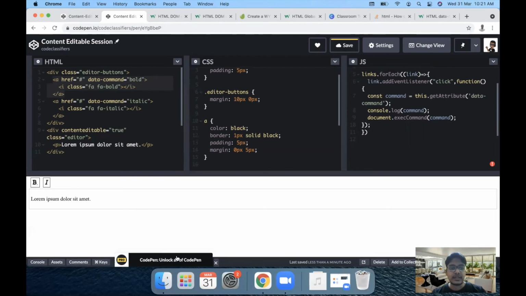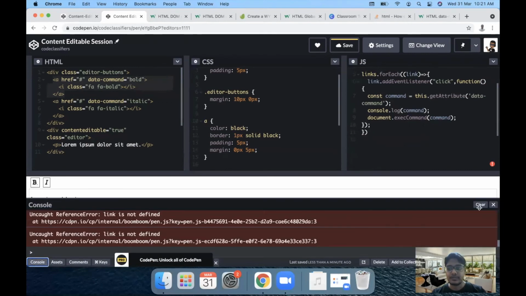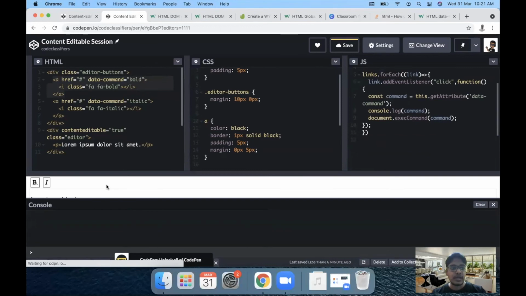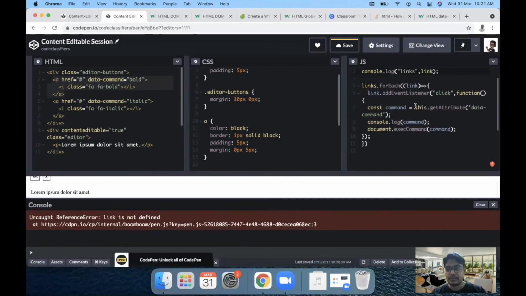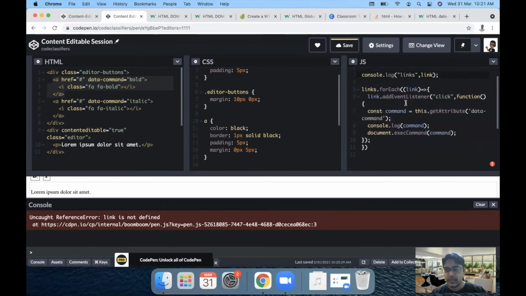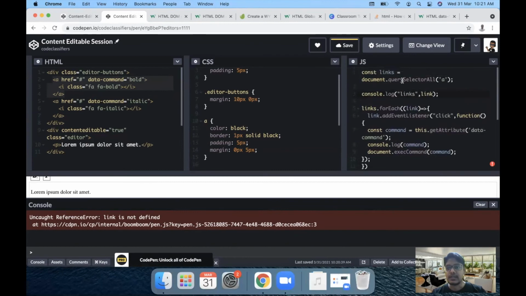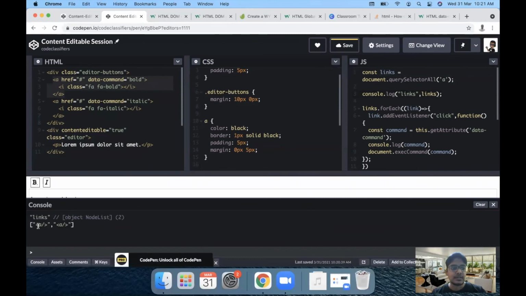So if I clear out the console and now click, it is telling me link is not defined on line number 3. Right, because we have renamed this to links. Now if I clear this, we have our links printed here.